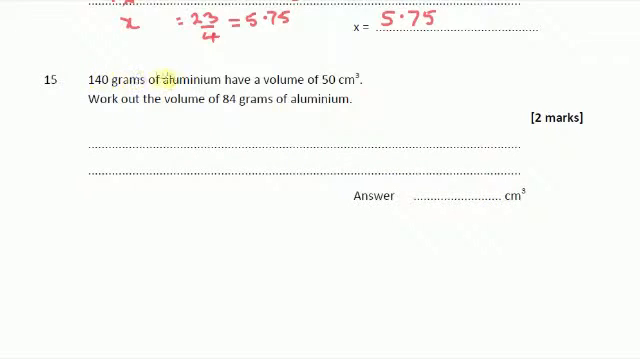Question 15. 140 grams of aluminium have a volume of 50 cubic centimeters. Work out the volume of 84 grams of aluminium. So 140 grams have a volume of 50. So 1 gram of aluminium has a volume. We take that total volume, 50, and divide it by 140 number of grams. And if you work that out with your calculator, you'll get